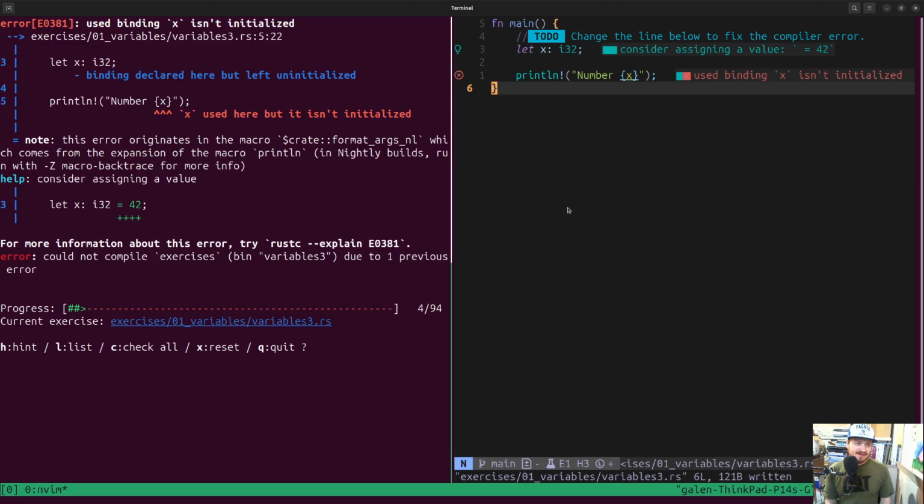Here we've got error E0381, used binding x isn't initialized. And you can see there's the let x of type i32, so it's declared to have some type and name, but not a value, which is not necessarily a problem until you need to use a value, and that's where, when you get down to this println macro line, a formatted print for whatever the